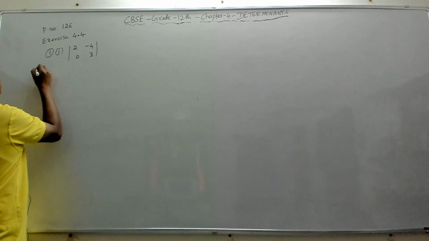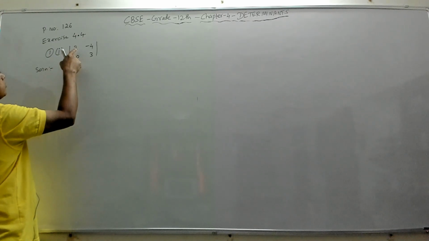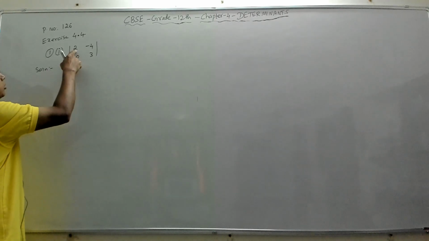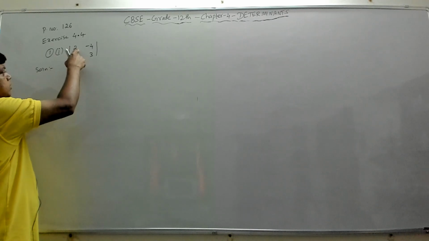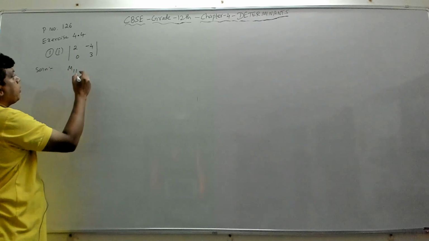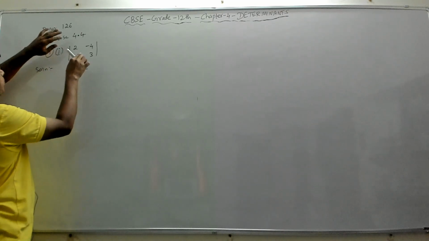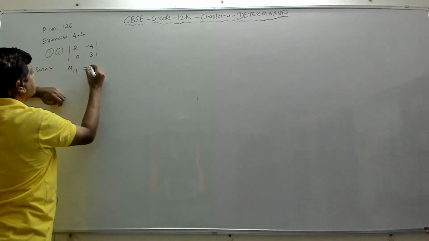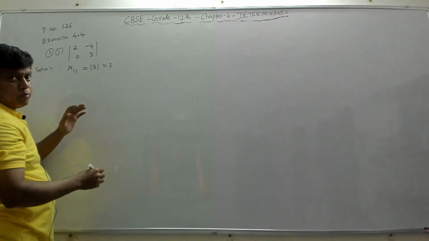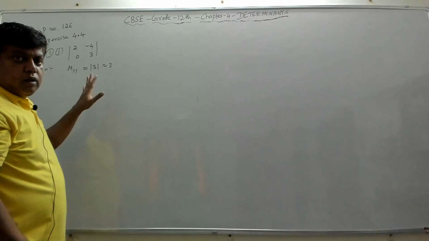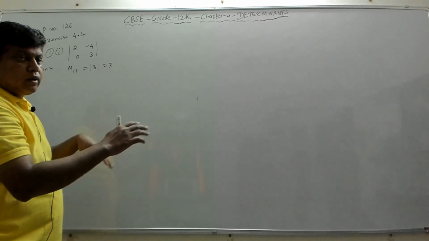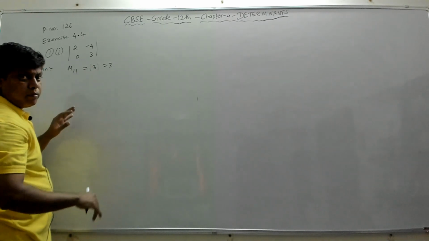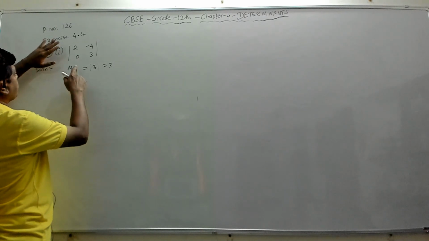So, solution. The minor of the first element 2 is denoted by M11, right? The position of 2 is a11, first row, first column. The minor is denoted by M11 and it is defined as follows: you have to close that particular row and that particular column. You will get 3. So this is the determinant of 3, which is 3. You can please watch the video before this so that you can understand this much better. If not, it is also fine as long as you know the basics of minors and cofactors. So this is M11.